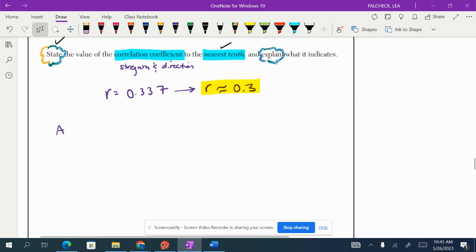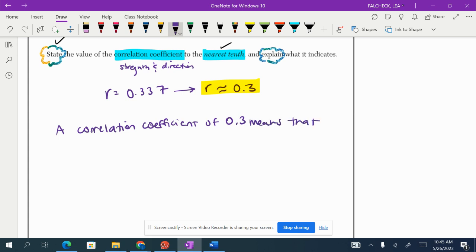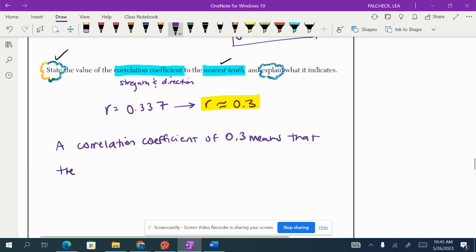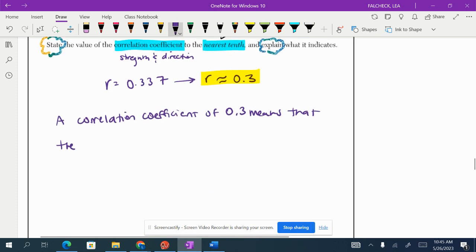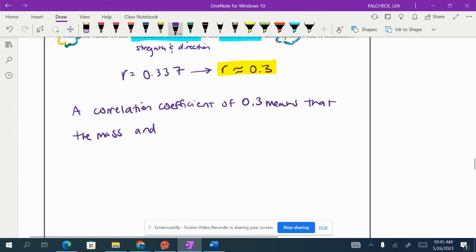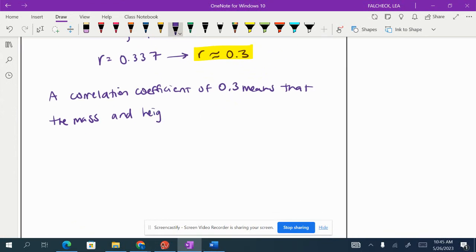So a correlation coefficient, here's my explanation, of 0.3 means that, here's where you mention the x variable, so the mass, and now you mention the y variable, height of a dog,